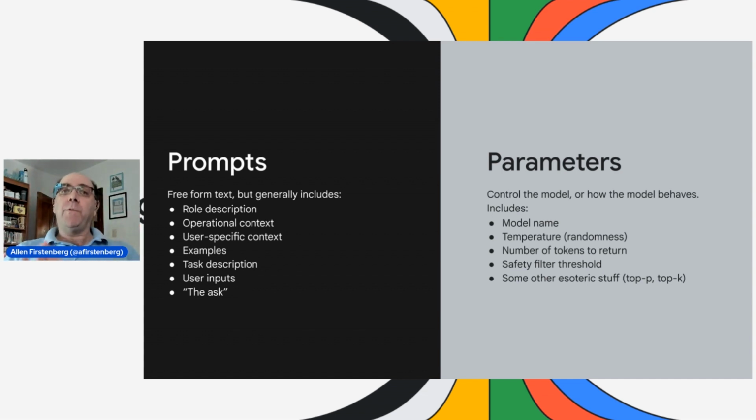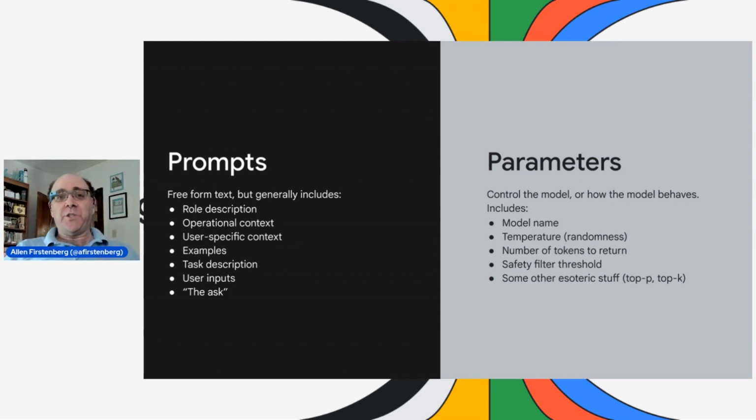Beyond the prompts, however, we've also got parameters. And these are things that let us tweak how we expect the prompt to behave. So at the very basics, what model are we going to be using? What temperature, or how much randomness, do we want to introduce in the question and answer? For things that we want very solidly grounded, like code that comes back, we don't want much randomness at all. Whereas for the more flexible human-sounding answers, we want a little bit of randomness so it doesn't sound as robotic. We'll also want number of tokens that are returned, some safety filters, particularly if we're dealing with things that are skirting the edge of medical information. We don't want it to return too much medical information because that could be dangerous and somewhat out of our control.